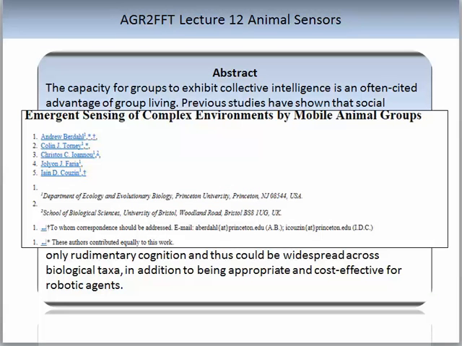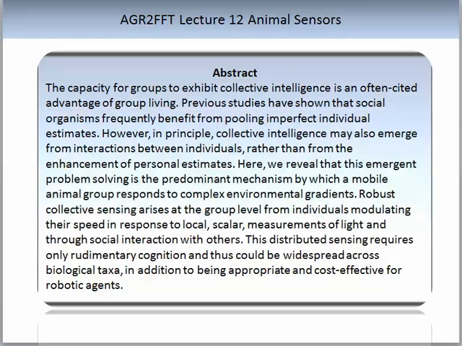The following abstract is from the paper entitled Emergent Sensing of Complex Environments by Mobile Animal Groups by Andrew Baddeley et al. It is an article which talks about the capacity to exhibit collective intelligence in a herd. The sensing technology really enables the understanding of this collective intelligence. In this paper you will see the methodologies and how the sensing plays a role in this kind of research